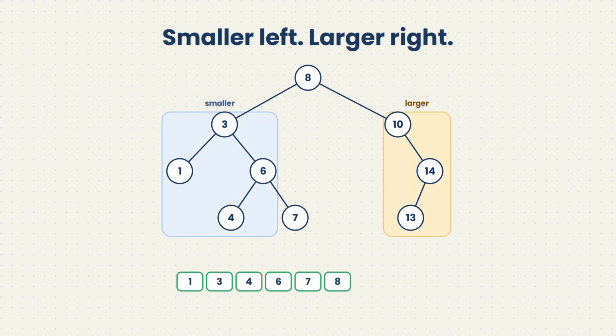Now the rule that makes trees shine. A binary search tree, BST, keeps one promise at every node. Its entire left subtree is smaller and its entire right subtree is larger. Not just the immediate children, the whole left side is smaller, the whole right side larger. And here's the payoff from earlier. Run an in-order traversal, left, node, right, on a search tree, and the values come out in perfect sorted order